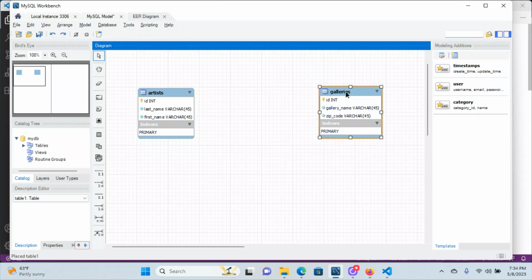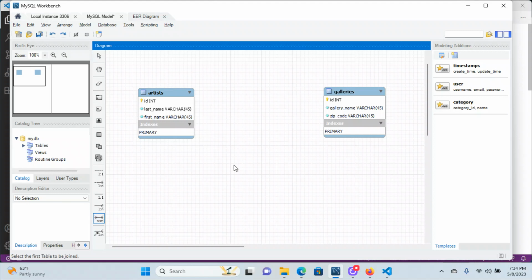Okay, so the next step is those two criteria that I kind of glossed over here. Each artist can display in multiple galleries, and each gallery can display multiple artists. When you see that kind of language where it looks like a one-to-many going one direction and a one-to-many going the other direction, that means that you're talking about a many-to-many relationship. And it's not the easiest thing in the world to code necessarily in MySQL. There's a few lines of code you have to remember, but if you remember how, it actually is uber easy here in MySQL Workbench. It's the N to M entity, the relationship